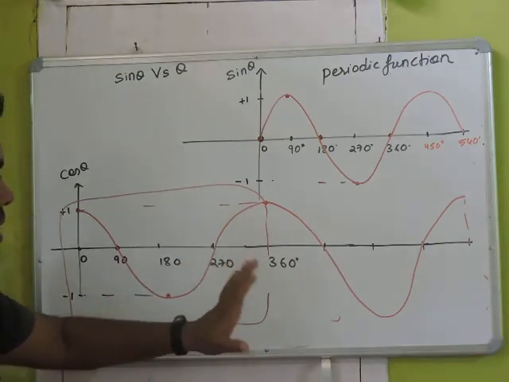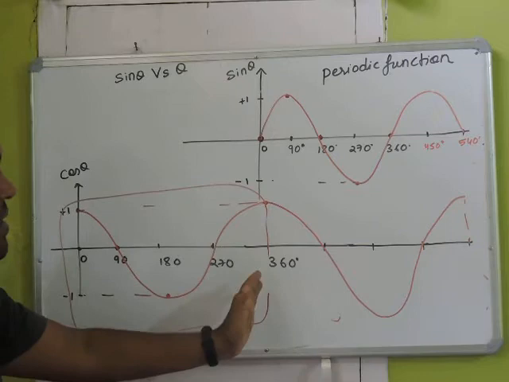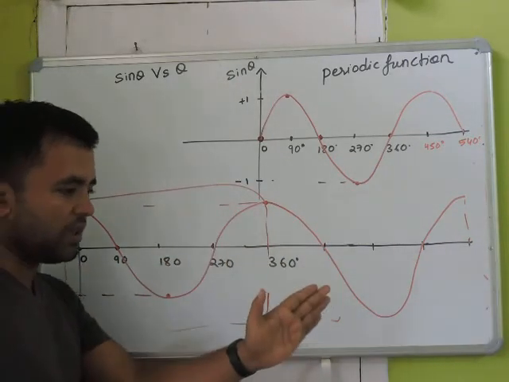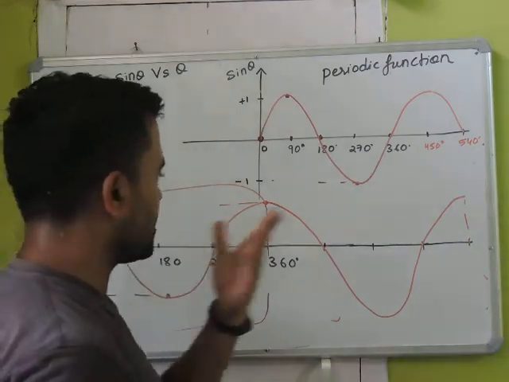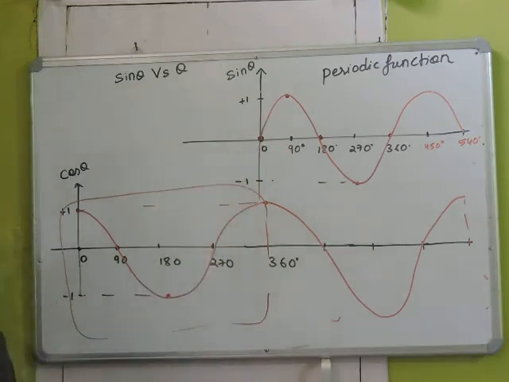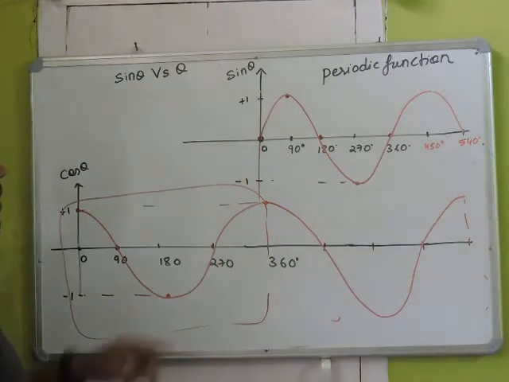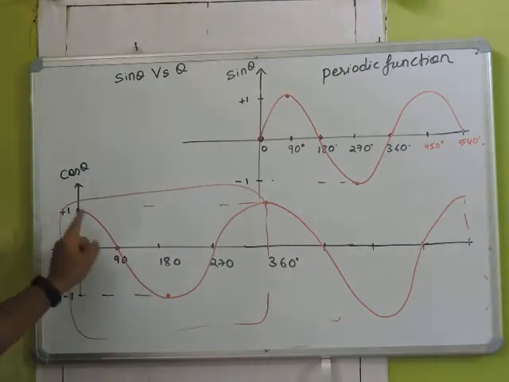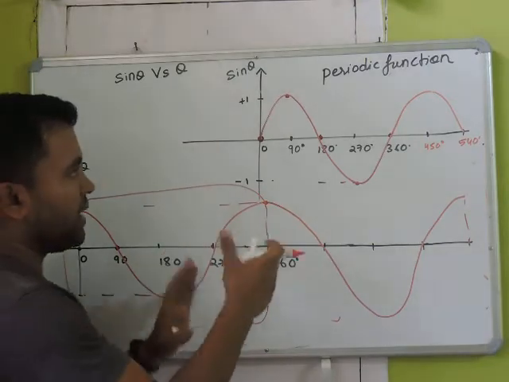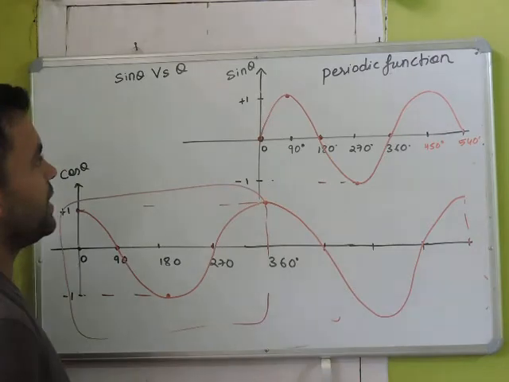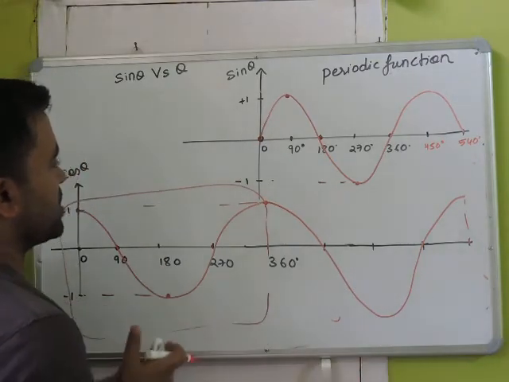because cos of 360 degree plus theta is going to be cos theta only, as we talked about. Okay, so now you can see a similarity and dissimilarity between them. From here to here it grows, from here to here it falls, right? They are related because of this graph. They are related in a very particular way, that sine of 90 minus theta is cos theta.